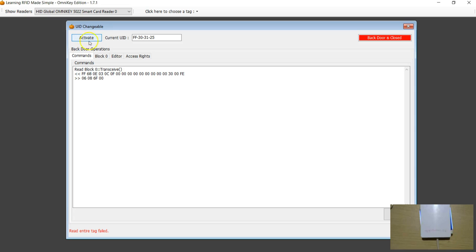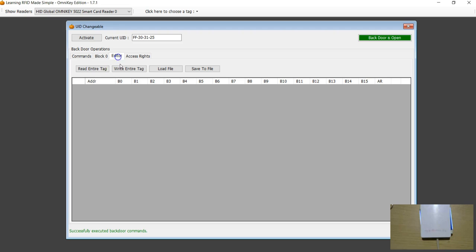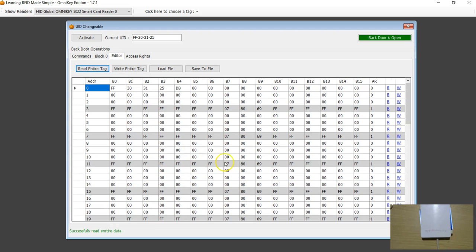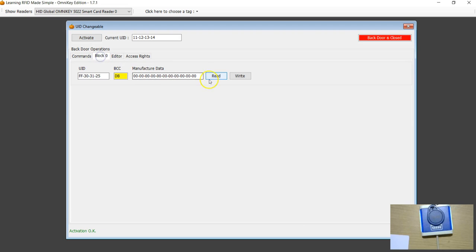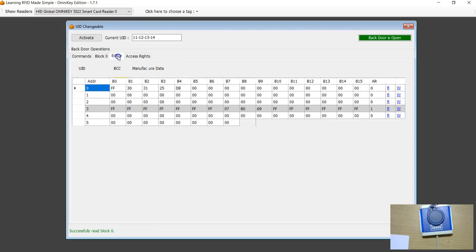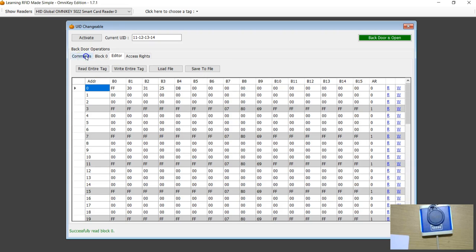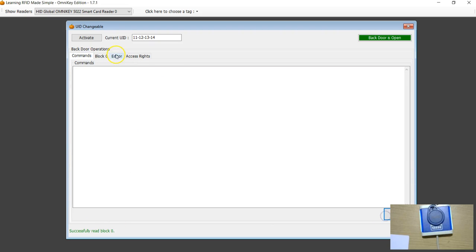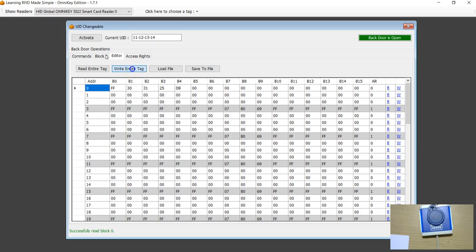Sorry, whenever you hit activate, you have to run this backdoor command. Now read the entire tag. Is everything successful? I'm going to transfer this entire data to one more tag. This is again a UID changeable or rewritable tag. I'm going to activate that. If you look at backdoor active and at the read, the tag is different, whereas I'm going to write this entire 64 blocks of data. If you hit write entire tag,